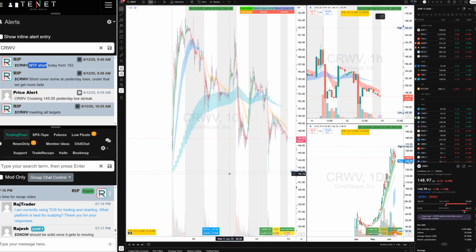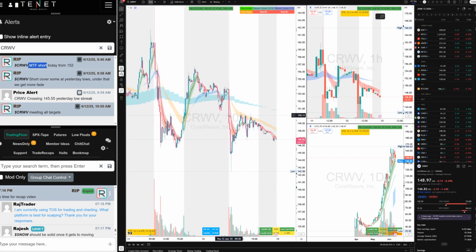We flushed more. Actually, I had a target right here under 141. You see this area from 3 days ago. We didn't completely hit it, but it almost went there. So even if you shorted 150s or 149s, you might have had to risk $2-3 more, but you still got $7-8 worth of short. With CoreWeave, options are a little expensive because of high IV, but regardless, you can short the shares. You need a good broker, but there's opportunity to make money. If you risk $200 there, you made $1,000. That's the kind of trades you need to do.